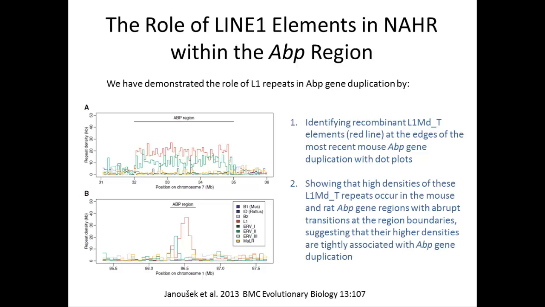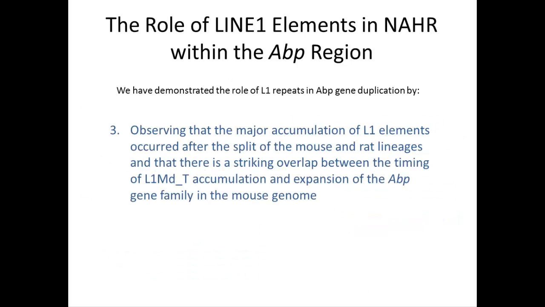both genomes. Abrupt transitions at the gene region boundaries are striking, and they suggest that their higher densities are tightly associated with ABP gene duplications in both the mouse and rat. Our paper provides the explanation by which we discounted a similar role for the ERV2 elements, also found in high densities in these gene regions. We also observed that the major accumulation of L1 elements occurred after the split of the mouse and rat lineages, and that there is a striking overlap between the timing of L1-MDT accumulation and expansion of the ABP gene family